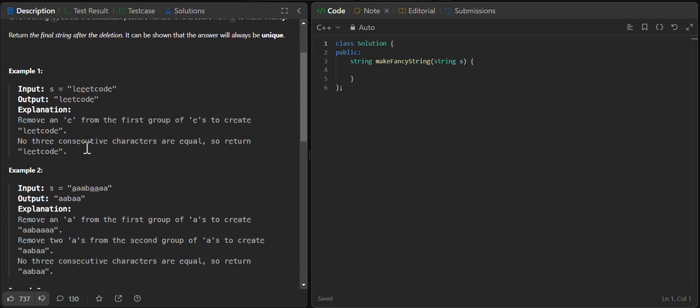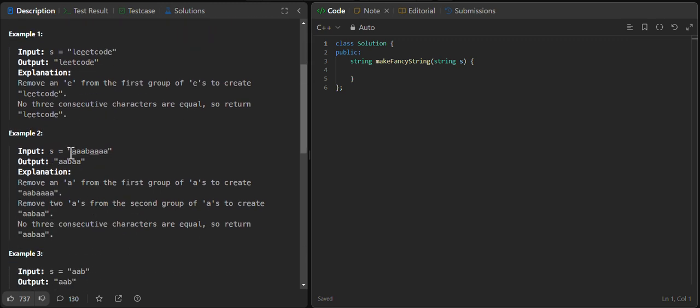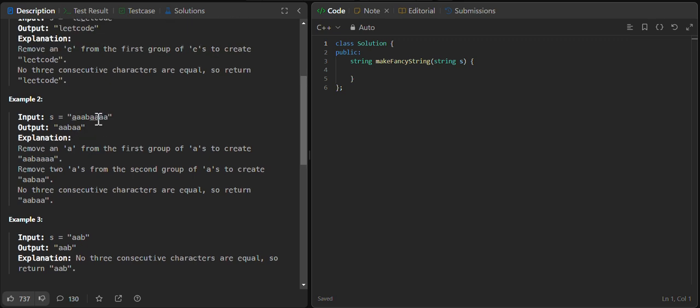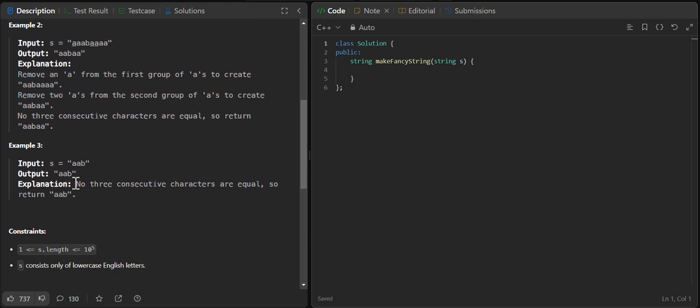after deleting one E. In the second example, as we can see here, we have 3 A's, then B, then 4 A's. So according to the question, we cannot have three consecutive letters. So from these three, we have deleted one A. From these 4 A's, we have deleted only two A's to make it less than three. Okay, and in example 3, we have AAB. It is satisfying the condition given in the question, so we will not change anything and we'll just return it